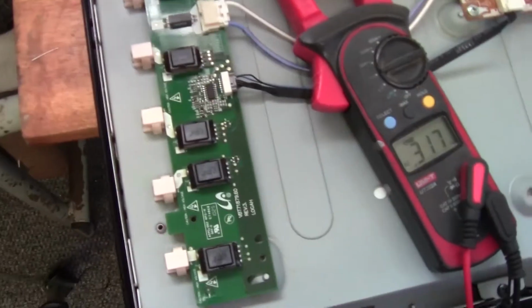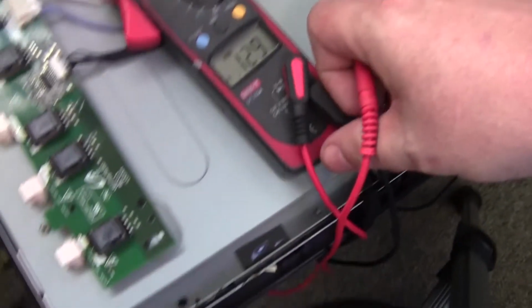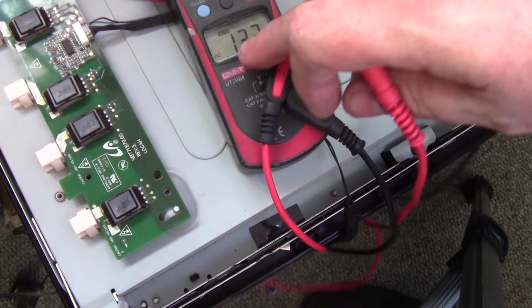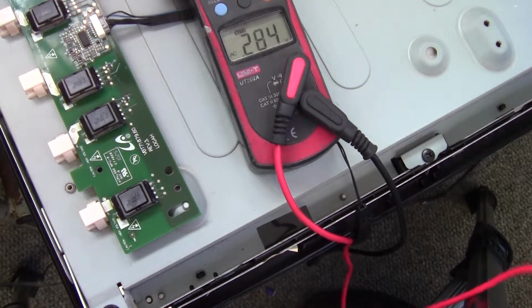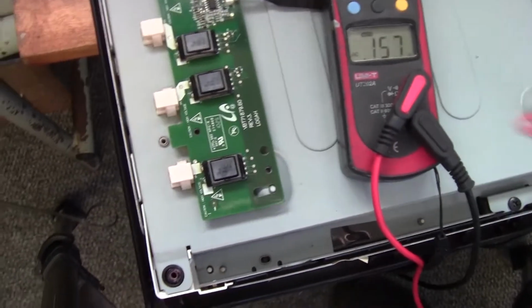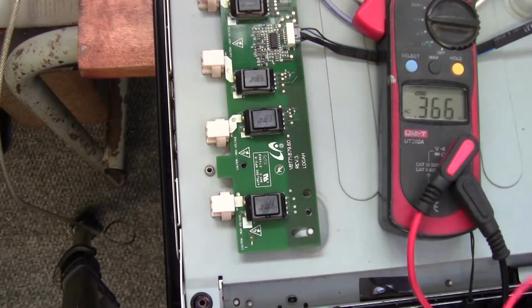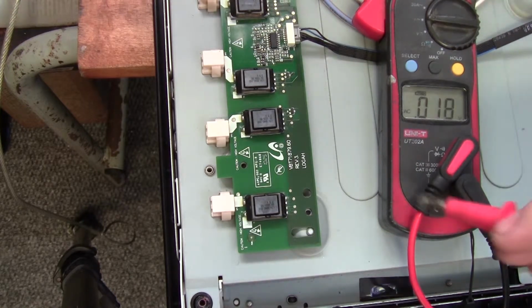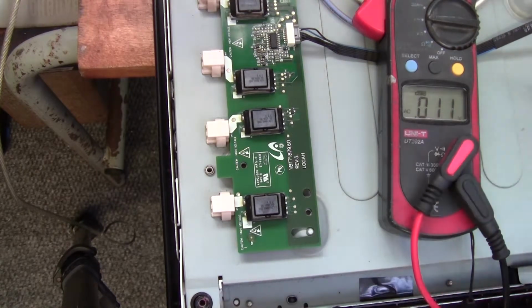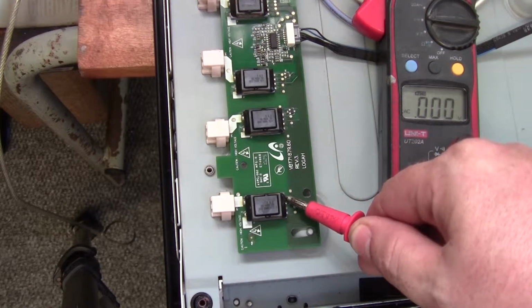So let's start going through. As you can see, I've connected my multimeter just onto a ground point here. And you need a multimeter that's got at least 0.2 or 0.3 digits. The one I was using earlier wasn't actually giving me anything because it doesn't have the resolution. Okay, so let's go. We have to do this while the backlight is on, or just before it cuts out, because that's when we're getting our reading. So, multimeter on AC, TV is plugged in, and if we look over here,